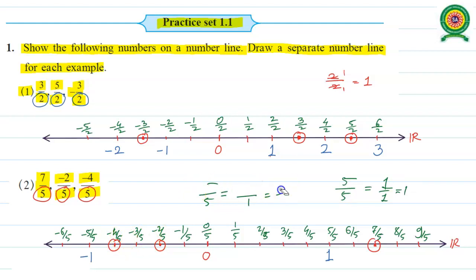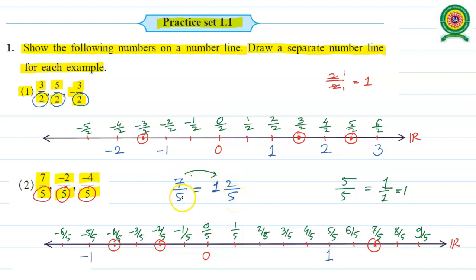We may consider the rationals of the form like this. We have 7 by 5. Converting it in terms of a mixed fraction, 5 ones are 5, so the remainder becomes 2. So quotient and remainder divided by divisor. 7 by 5 is our improper fraction. We are converting it in terms of the mixed fraction 1 and 2 by 5.